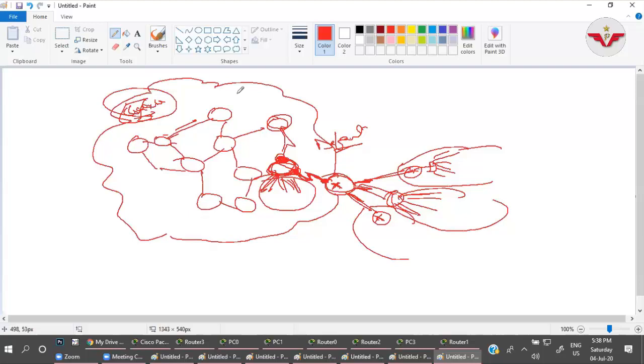The network which is unknown to you, on that interface you will configure the default network. That's it. Done. The second thing was